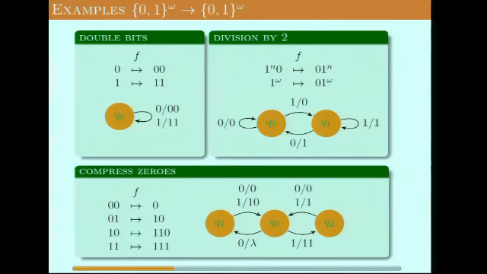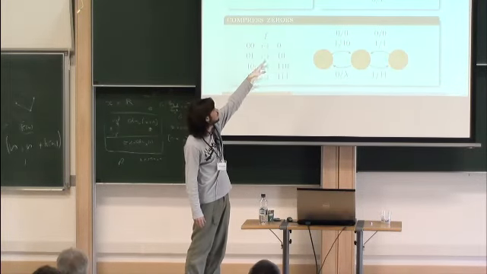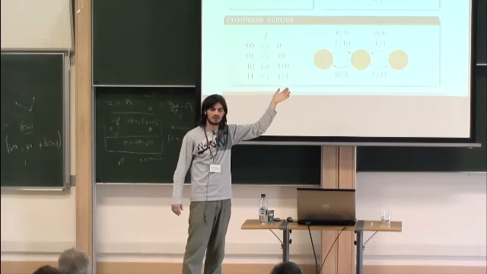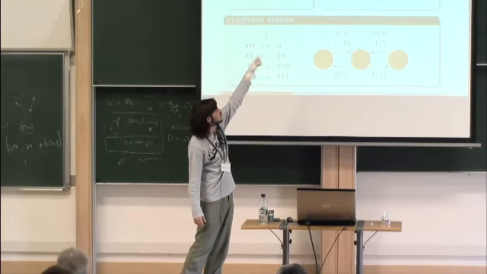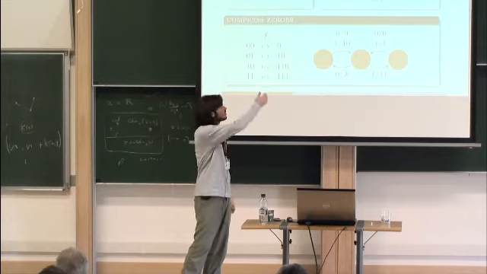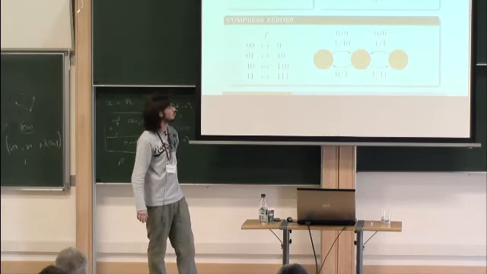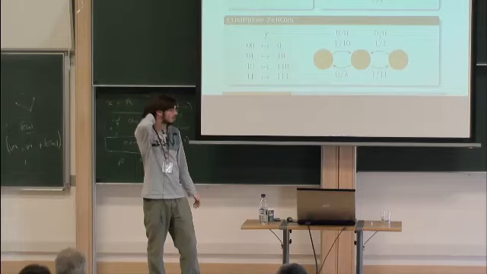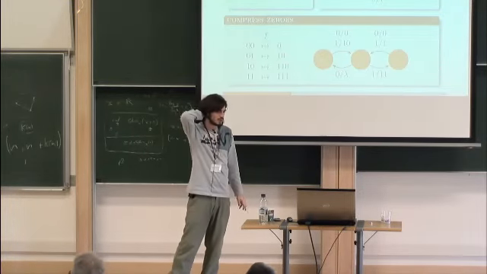But that's not a necessary condition. So that's of course a sufficient condition, but it's not necessary. Actually, the division by 2, well, it's not surjective, but it has positive measure. But the output of any of the possible inputs in the restricted sense is not a prefix-free set, because actually every possible output is a prefix of the form. So that's bad for some reasons I will explain later.